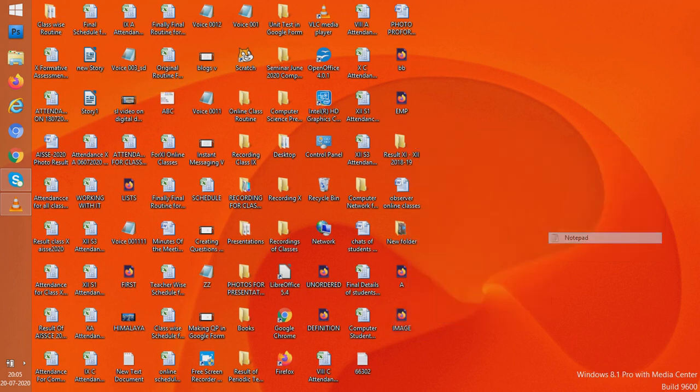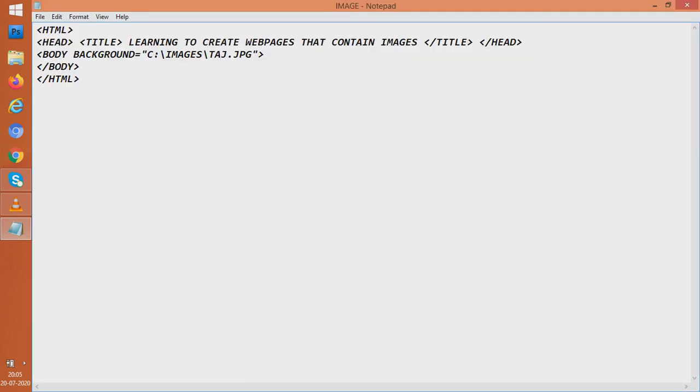So we will go to Notepad, and we will not use background because we don't want the whole background to be covered with the image. We will use something else. There is a tag, students, the img tag. The img tag in HTML is used for giving images to web pages, that is, putting images on web pages. And what is the way of writing it? We write img src. Src means source. Which image? We will write within src the actual image which we want to put.